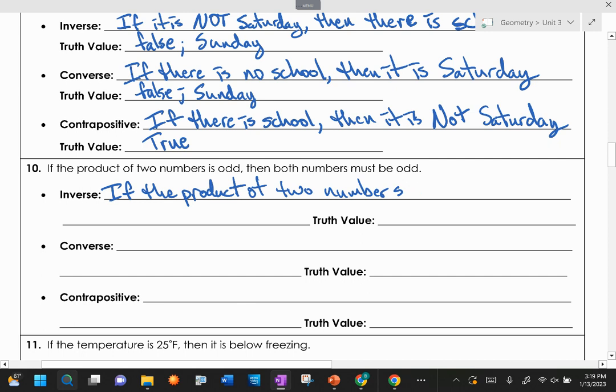And again, I just had this conversation with Miss Butch. If the product of two numbers is not odd, or you can also say it is even, those mean the same thing. Then...